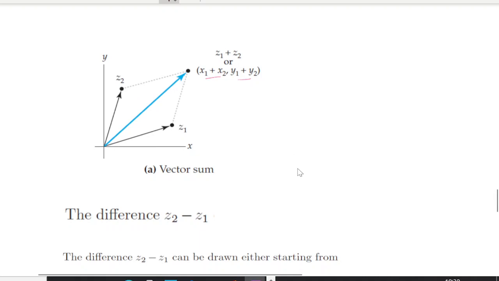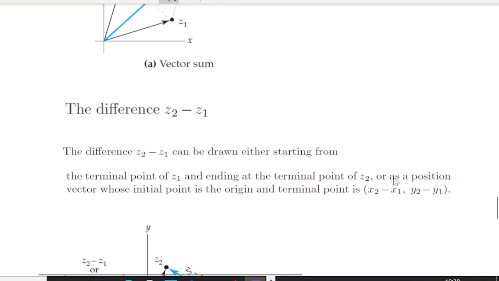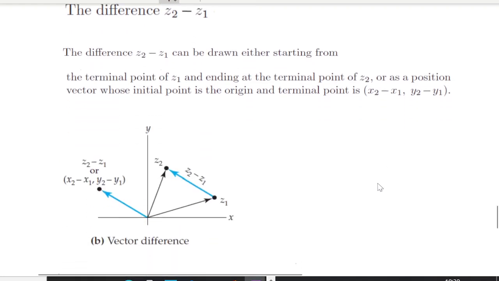Now what about the difference? Suppose you want to get the difference, then we will take this other diagonal. You have come across this in your vector classes. Then this diagonal is going to be the difference. So in order to find the difference, z2 minus z1 can be drawn starting from the terminal point of z1